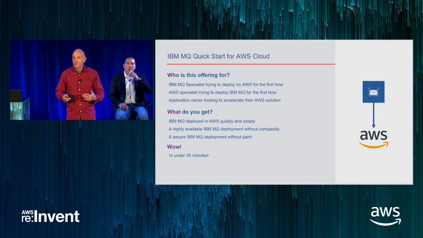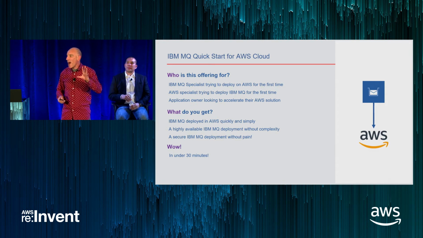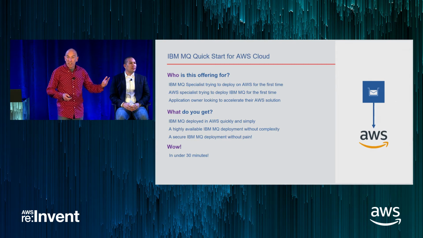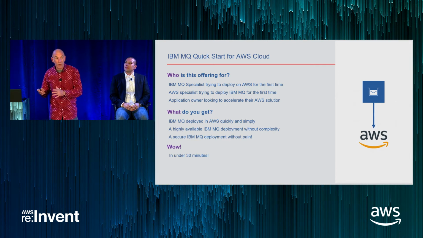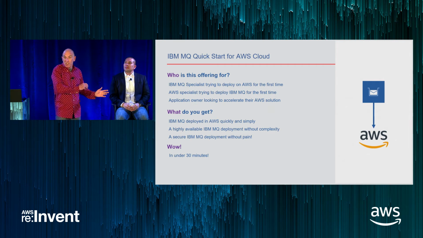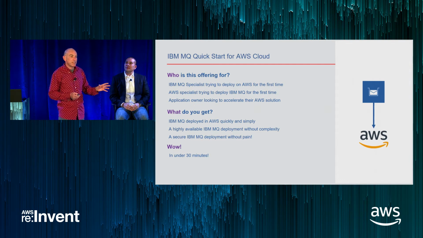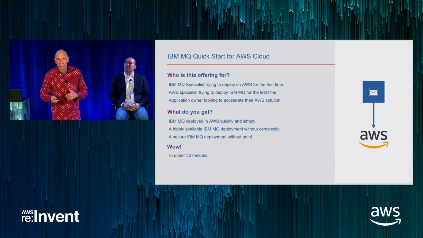We take a hill, and we have 3 components to that. We have the who. Who's this for? The what are we delivering? And the wow. And the who, we looked at 3 different types of people. It's the MQ specialist who's perhaps new to AWS and just wants a push-button setup. We have an AWS specialist who might not know MQ, but again wants something simple. Or the application owner who just wants to set something up to test their application.